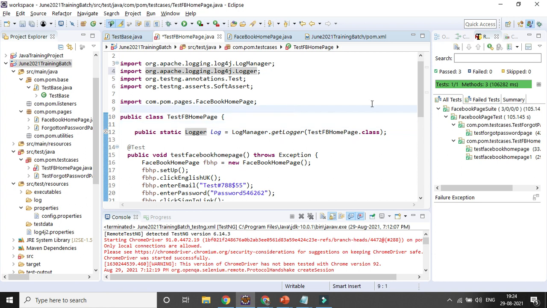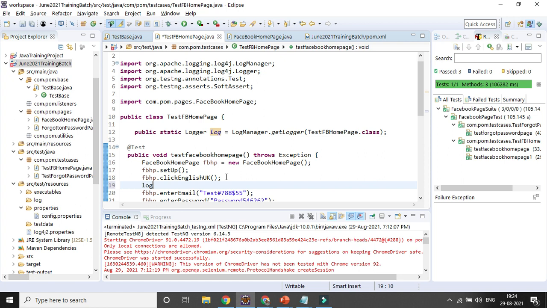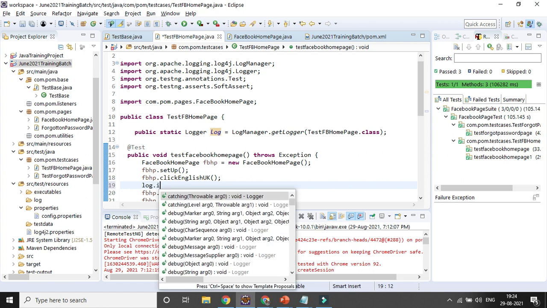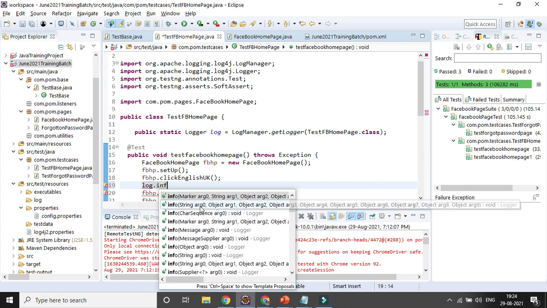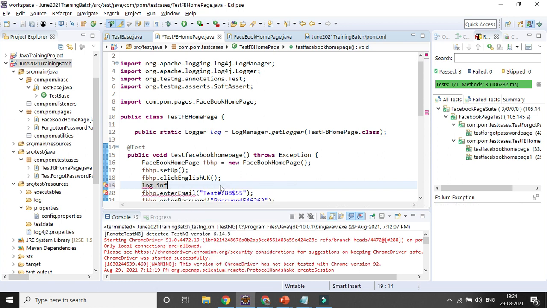Okay, then once you create the variable, every time you can add some logger here. Suppose immediately after clicking on the UK button, you can add some logger, log.info, right? So you can give some information like that: English UK button is clicked.